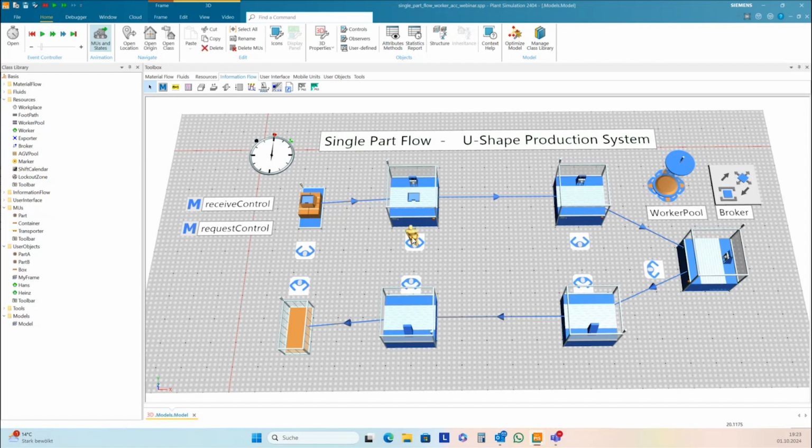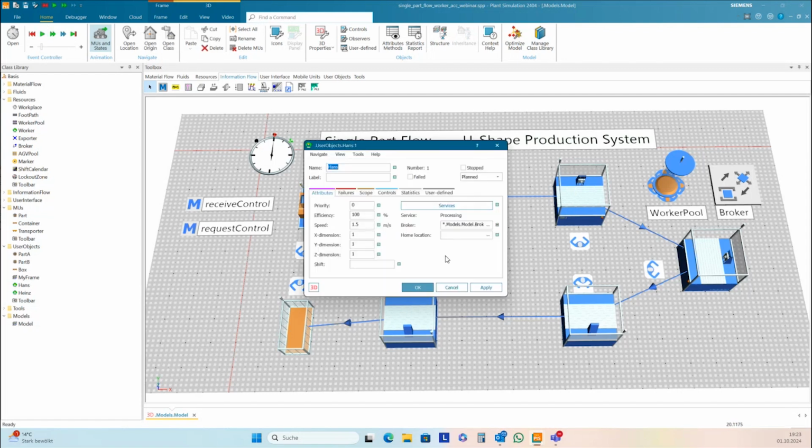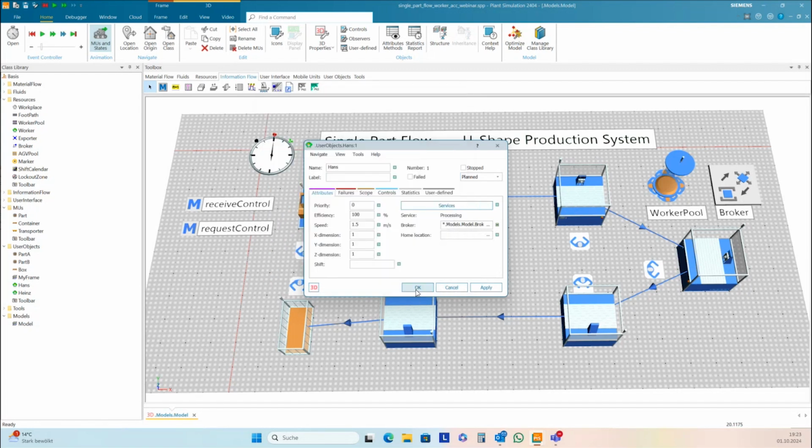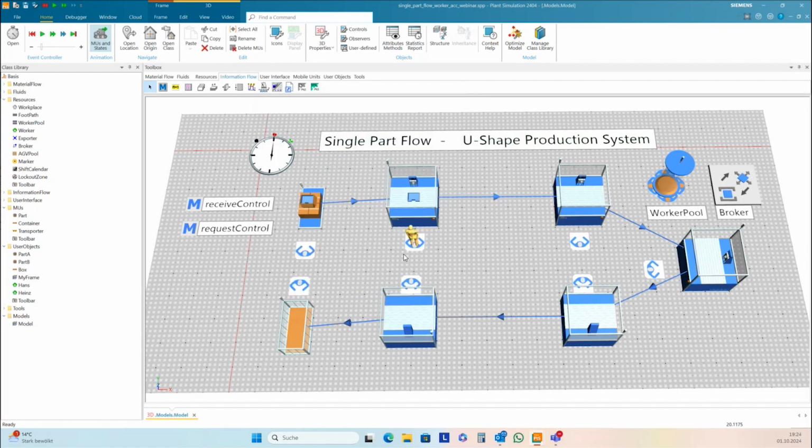So now here the automatic mediation is already off. Automatic mediation is false, and so the broker cannot use this Hans here to fulfill another service, for instance, take a new part.